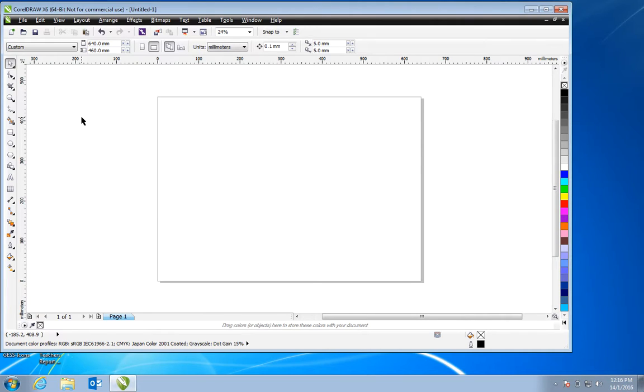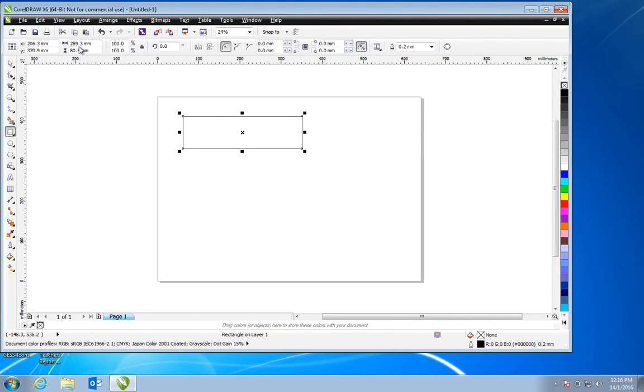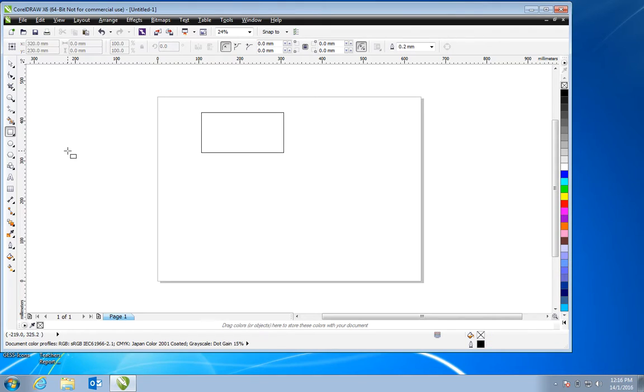Okay, ladies and gentlemen, welcome to my second tutorial on using Corel. I just want to show you a couple of really basic things. I showed you before how to make rectangles and things. I'm going to make a rectangle that's 200 by 100 millimeters, and I'm now going to